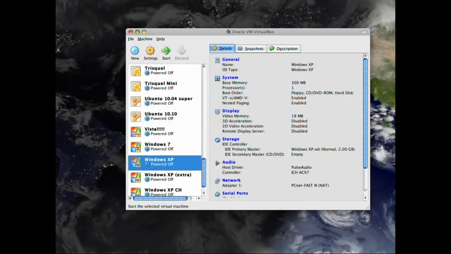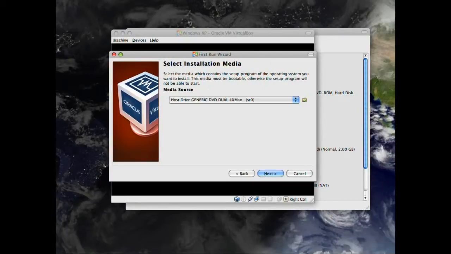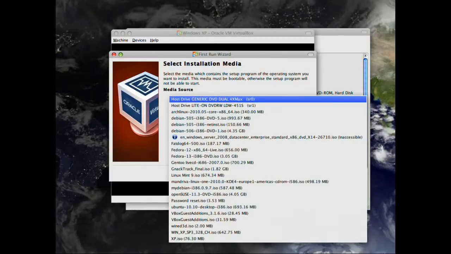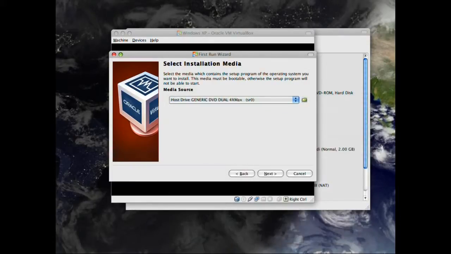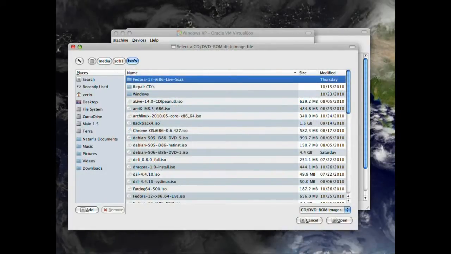Now we need to put an OS on there. We start it, and there it's going to tell us where we can install from. For example, we can choose the CD drives. I can put in an actual CD and it'll start from there, or I can choose an ISO. Here's a list of ISOs I have. I'm going to choose one, Windows